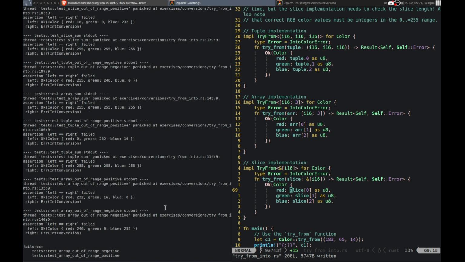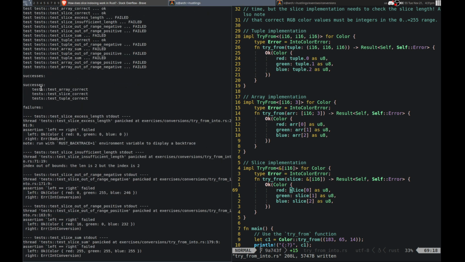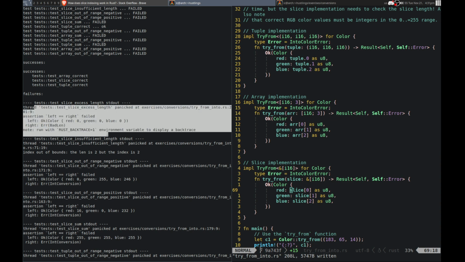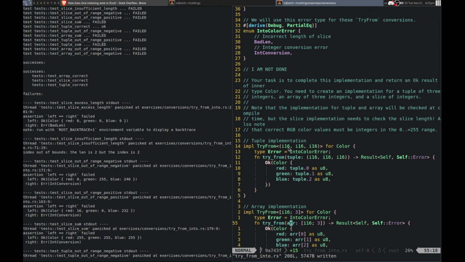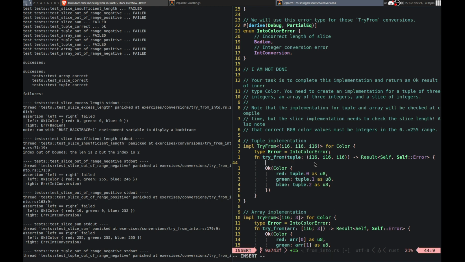Alright, so yeah, that works for now. Some of them do work, but a lot of them do not. So we need to check that it's not greater than 255. So if any of them are, then we want to return that. Okay. We can also do if. So that's just the bad line is just for slice. Okay, so if